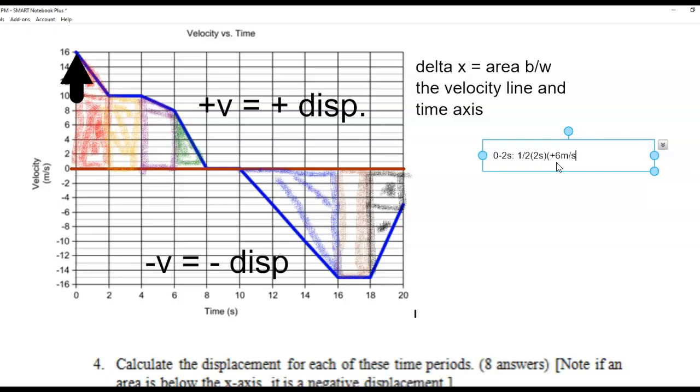Again, I'm showing all the units. You don't have to do that on your work. You just need the answer's unit at the end. I'm also writing in positive and negative to make sure you realize it's a positive section. Okay, so that's the triangle part. The rectangle part is a rectangle that is 2 seconds wide, and it's got a positive 10 for 10 meters per second for its